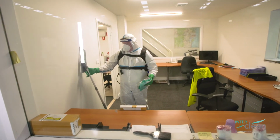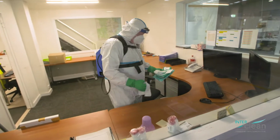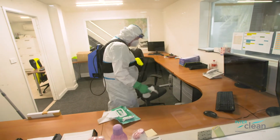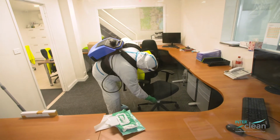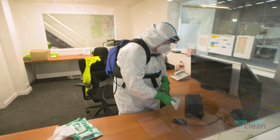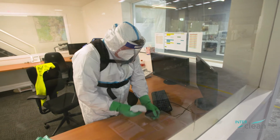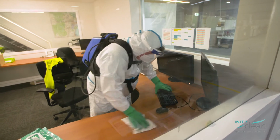We're going to be cleaning our desk surfaces first. So that means here we've got touch points on the chairs, definitely the armrest. And don't forget any adjustment areas on the chairs. These are always touched by hands and often forgotten. We're going to clean the keyboards and the mouse, most particularly, and that whole desk area. We're going to be cleaning it properly,